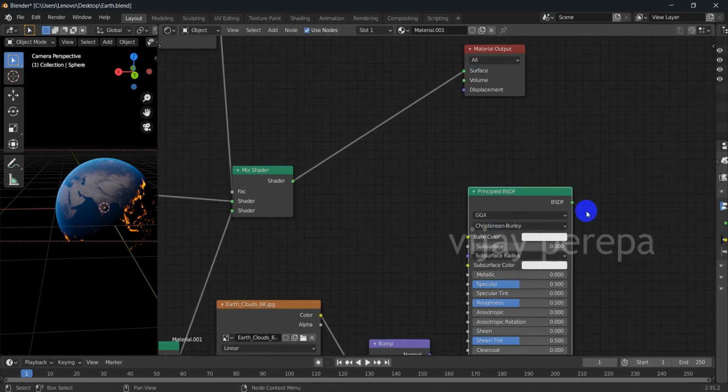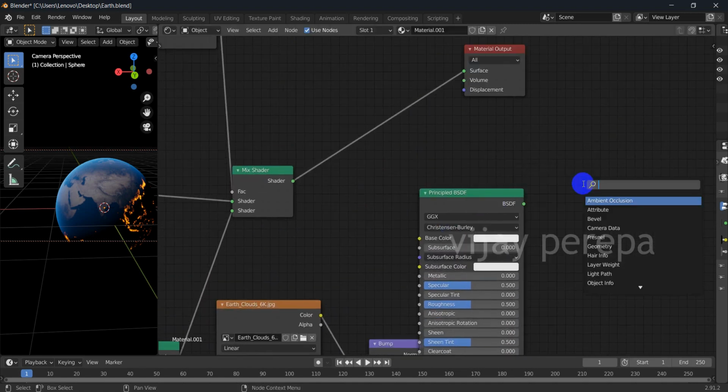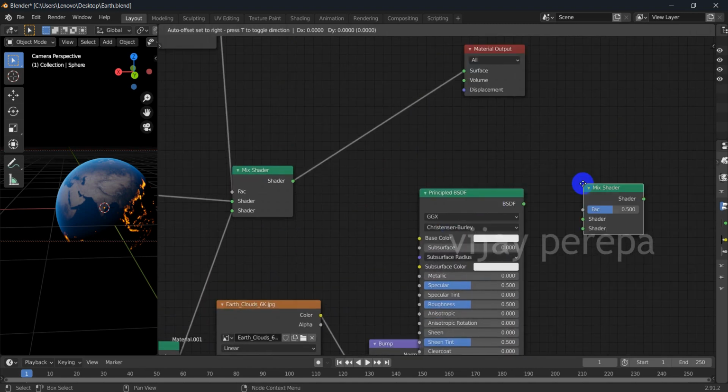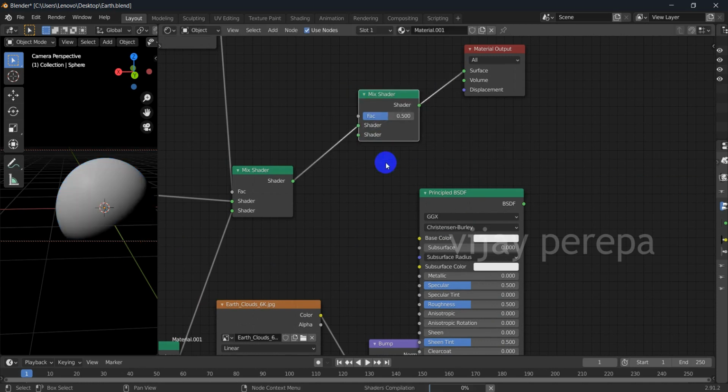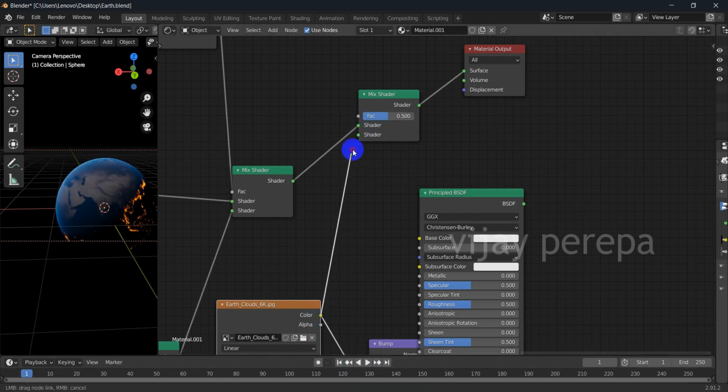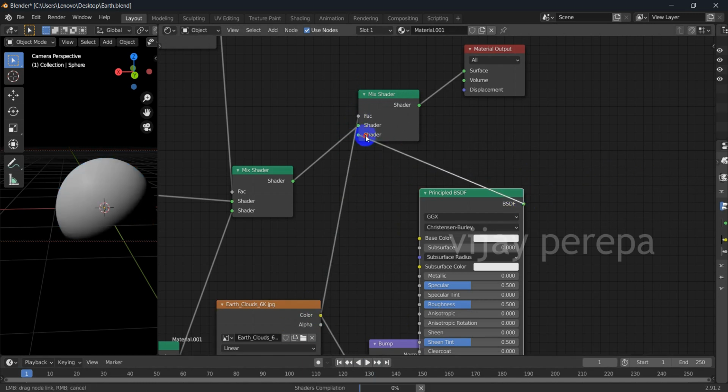So now this needs to be connected, so let me add a mix shader, and then this color has to be connected with this fac, this shader, this fac, and then this BSDF color should be added to the second shader.